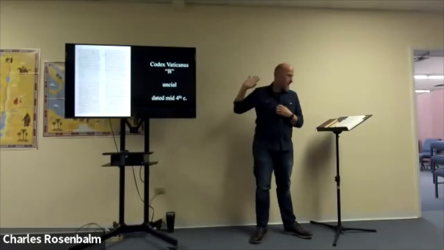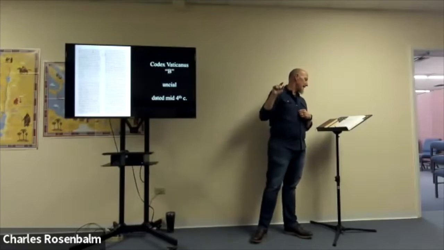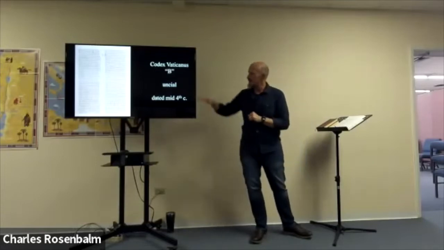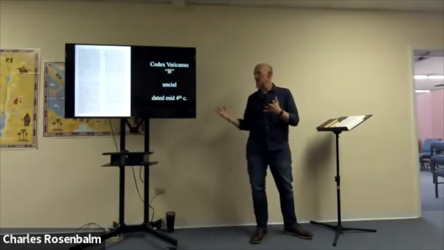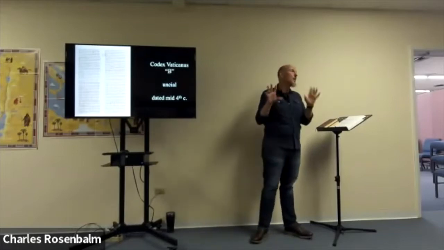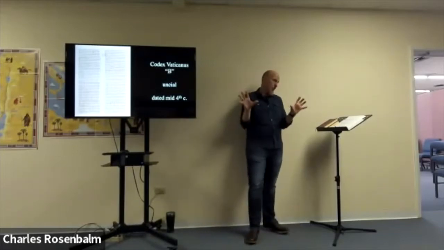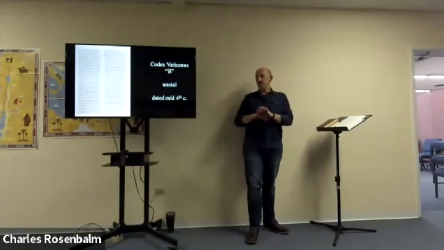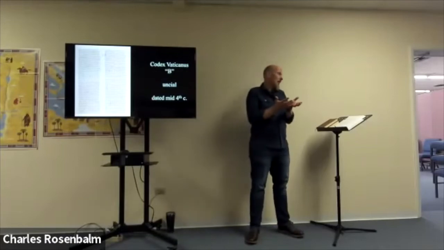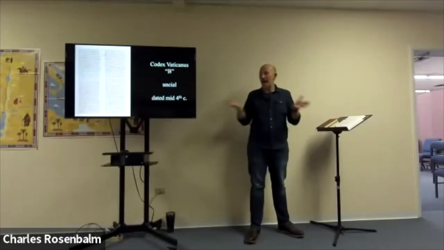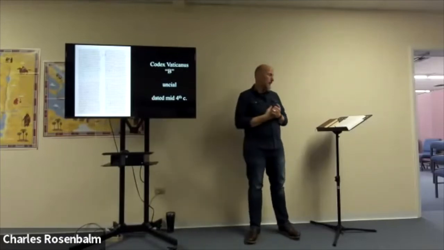So that's Vaticanus. Sinaiticus has 759 leaves. It only has half of the Old Testament, but all of the New Testament. Vaticanus is missing a few parts of the New Testament, but it has most of the Old Testament. So these 2 uncial documents are hugely important findings that allow us to see some of the earliest complete texts that we have.